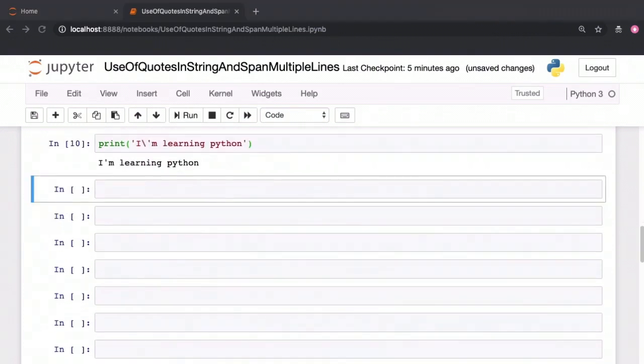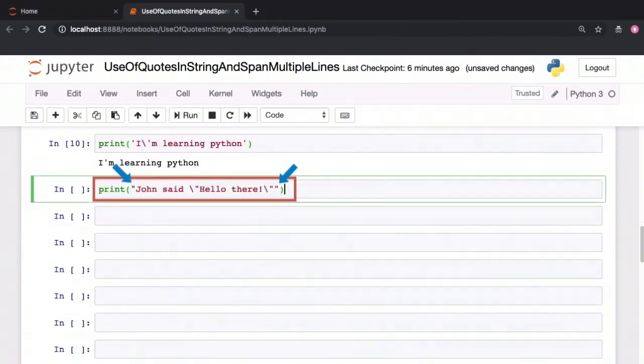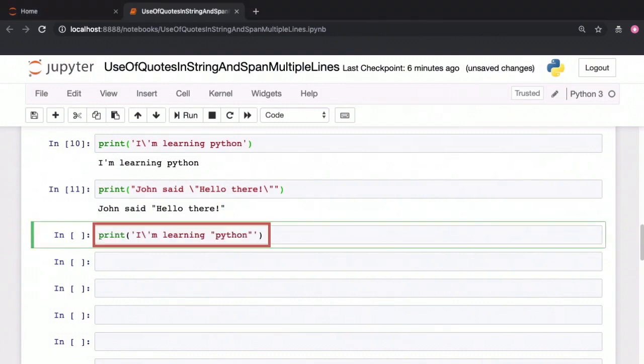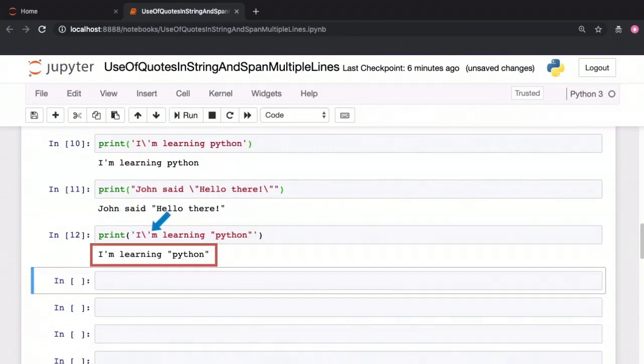Here is an example where we use double quotes within a string which is enclosed in double quotes. So the quotes within the string have been escaped using the backslash character. Thanks to the backslash, which escapes the quotes within the string, the quotes are interpreted correctly by our Python interpreter. Here are some slightly more complex examples using quotes in strings. So the entire string is enclosed in single quotes, which means we can use double quotes within the string without escaping the double quotes, any single quote within the string has to be escaped, as we've done.